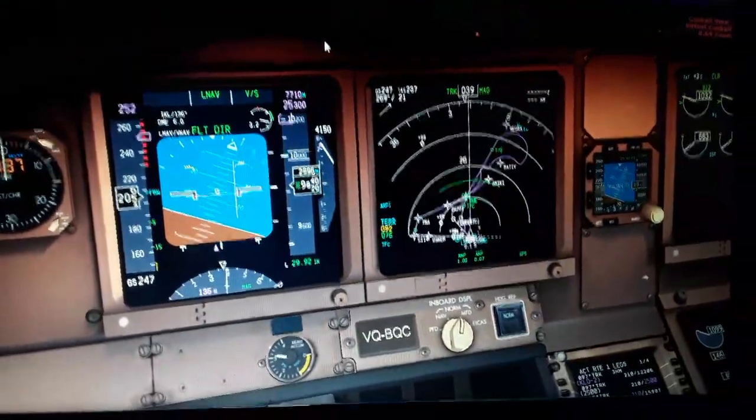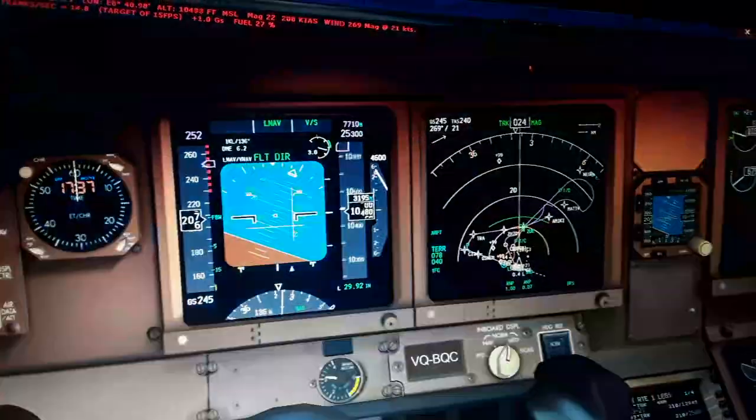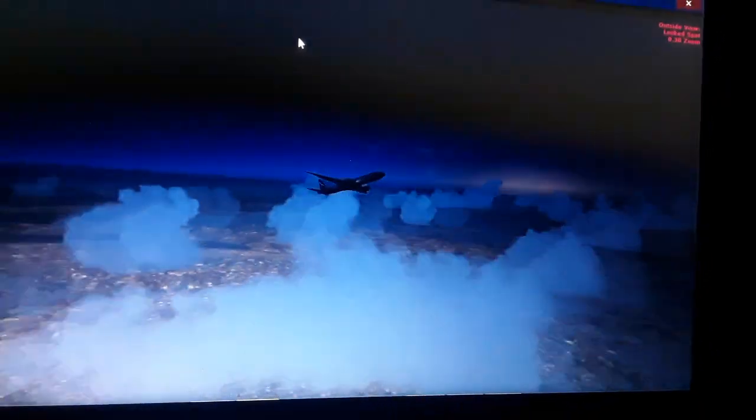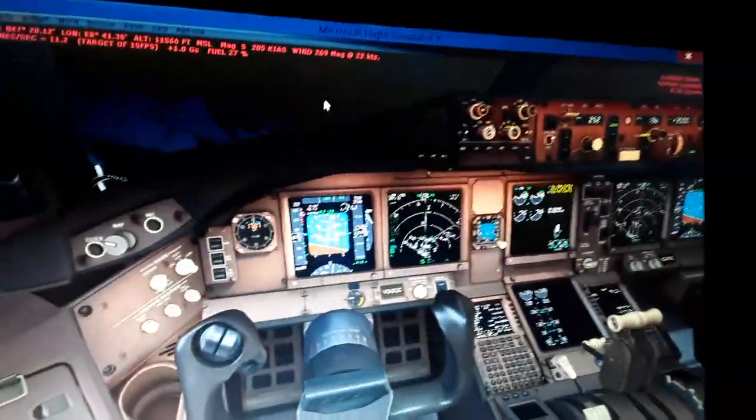So here we have also the flight plan. We have the engines here, the position, the autopilot, and the position of the thrust levers. So we also gonna have the outside view here of the aircraft. And we're gonna show you